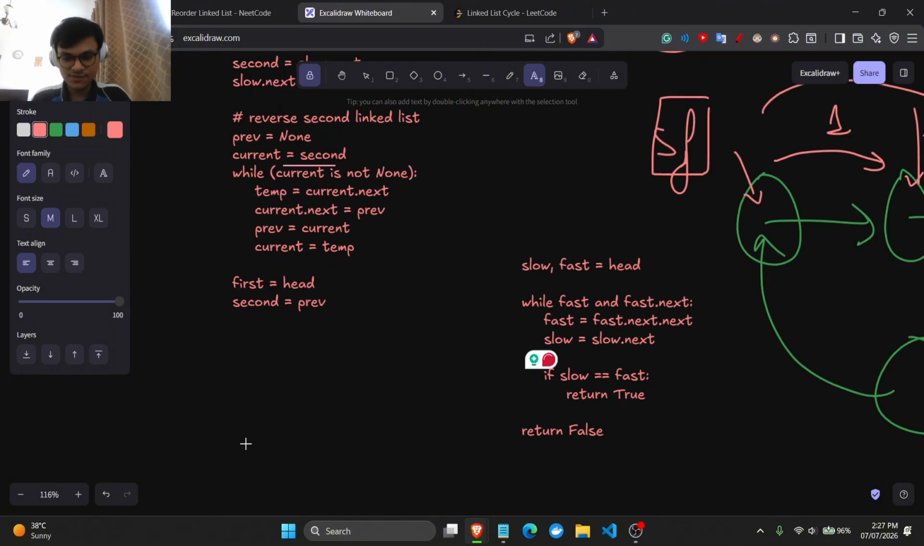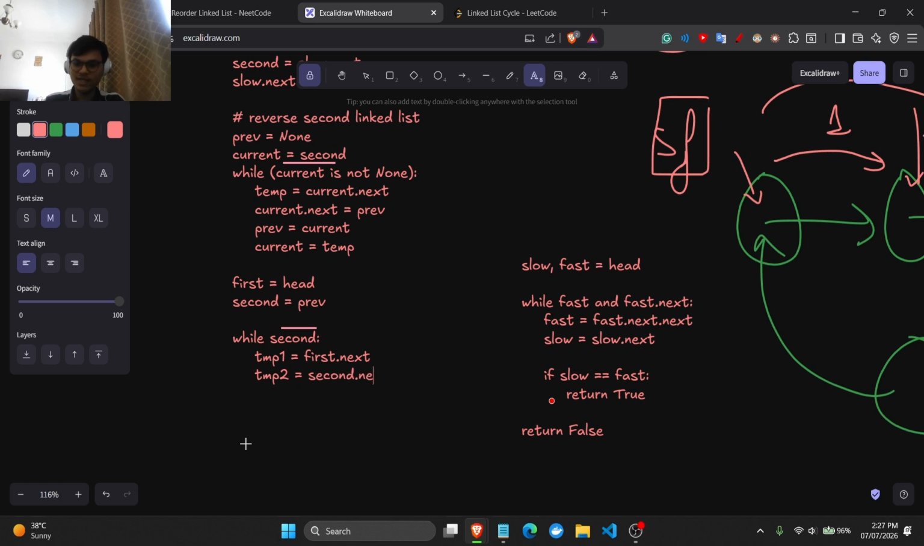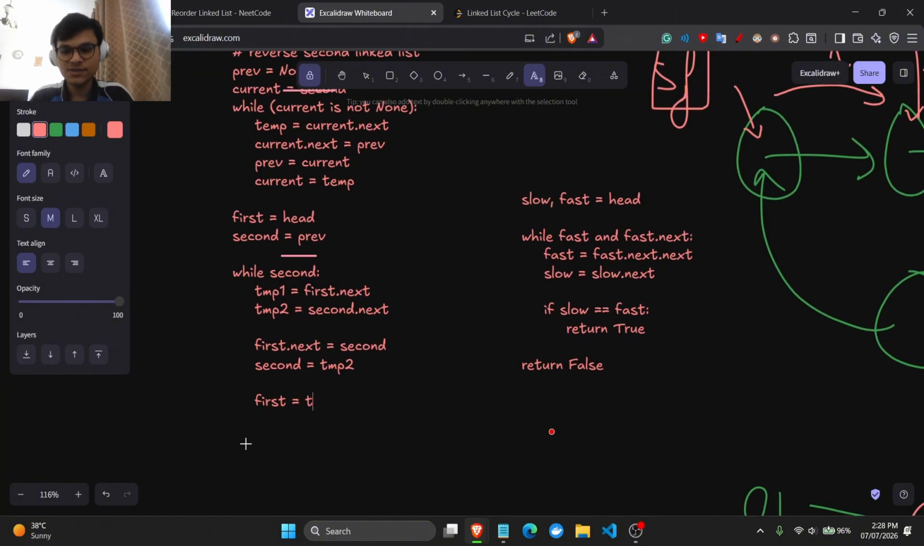So what we can say is while second is not none, we can say tmp1 is equal to first dot next, right? And we can say tmp2 is equal to second dot next, right? So we have them saved. Now I can say first dot next is equal to second, and second is equal to tmp2, right? That's our change of the loop that we do. Then I can say first is equal to tmp1 and second is equal to tmp2, and that's what you got to do,